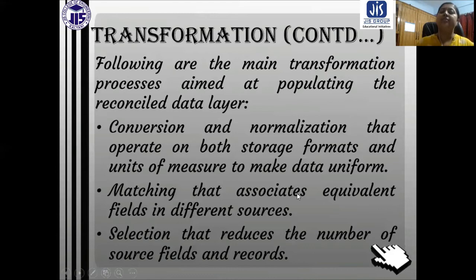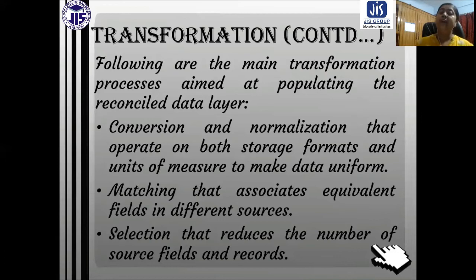Second, matching, which associates equivalent fields in different sources. Maybe the same data is coming from different sources, so we need to match and associate that. There is no need to store one piece of information twice.